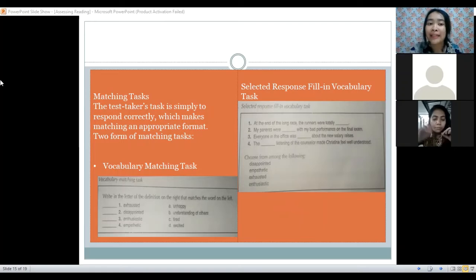And then for the second format, the selected response fill-in vocabulary task, to add a communicative quality to matching, the first numbered list is sometimes a set of sentences with blanks in them, as you can see for each number. And then there is also a list of words to choose from. Next